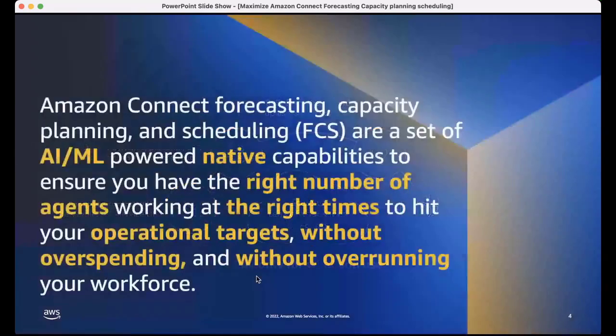Today, Amazon Connect forecasting, capacity planning, and scheduling, which we can refer to as FCS later on, is a set of AI/ML powered native capabilities in Amazon Connect to ensure you have the right number of agents at the right times to hit your operational targets without overspending and without overrunning your workforce. Exactly about a year ago, we announced the public preview of this FCS. And since then, we have